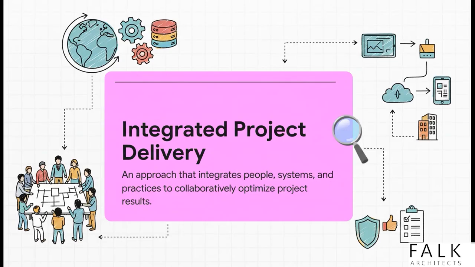Integrated Project Delivery, or IPD, is really the ultimate version of this. It's basically a fancy contract that forces everyone to play nice from the very beginning. The whole idea is, if you get all the smartest people in the room right from the start, you can use everyone's expertise to make the project better, cut down on waste, and solve problems before they turn into expensive headaches on the job site.